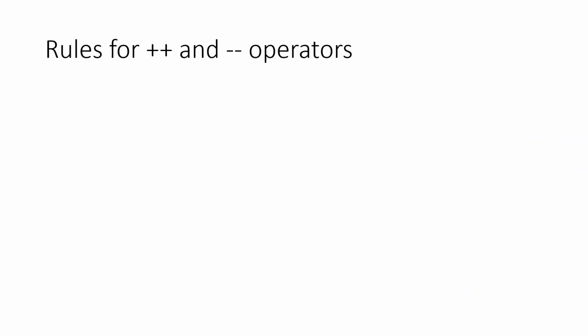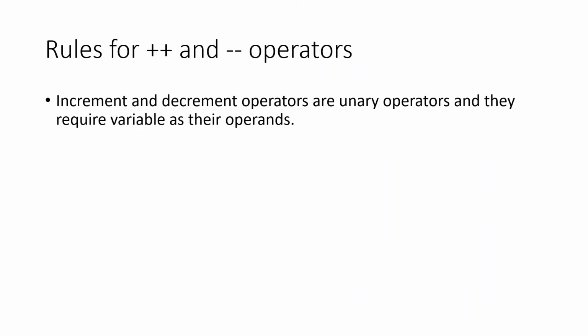So now coming back to the rules for plus plus and minus minus operators. Now you know how it works, so let's check the rules. They are unary operators because when the operator is plus, you need two operands like a plus b. You need to add two numbers. Similarly, minus means a minus b. It needs two operands. But here it needs only one operand. That's why we call it a unary operator. It is just plus plus m or plus plus n, which means that the particular value is incremented by 1.